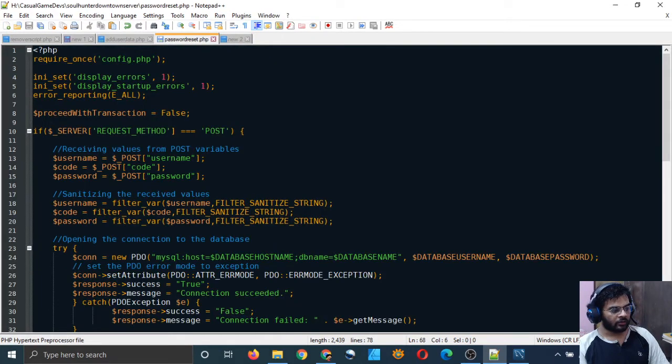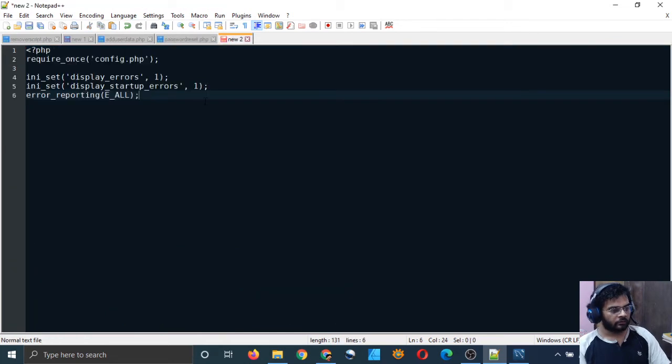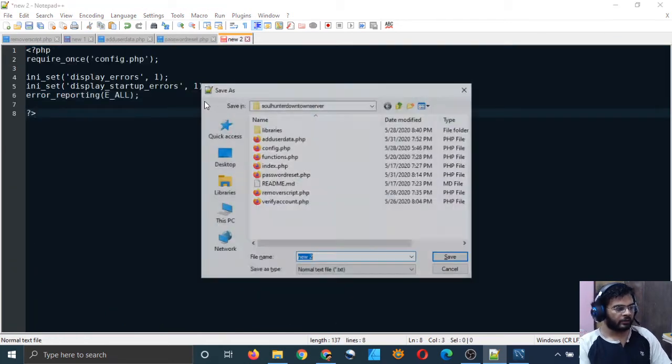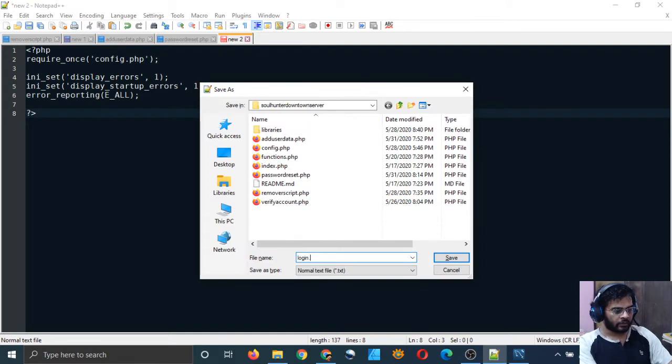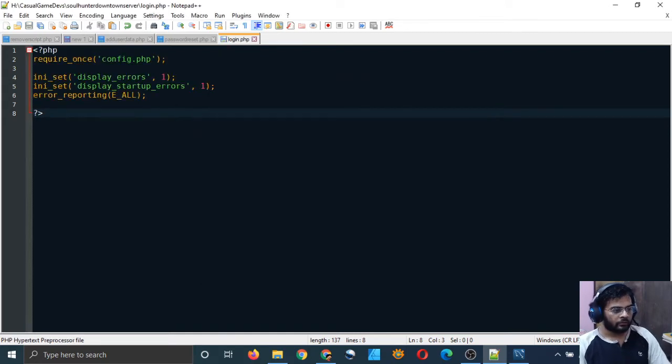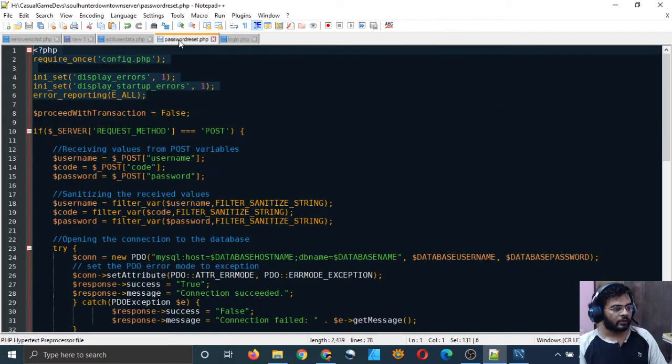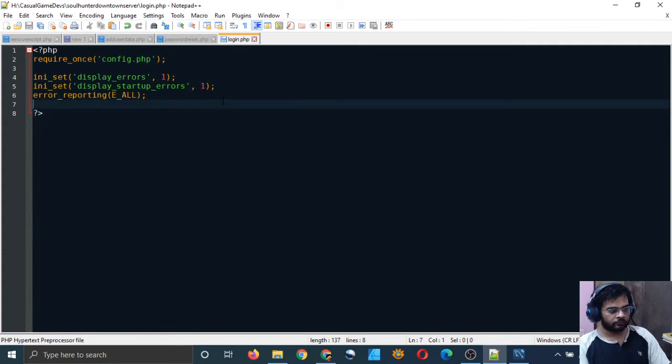To make that login script, just copy the first few lines of the previous PHP file and save it as login.php, right? Login.php. We will also check whether our request is of post type or not.